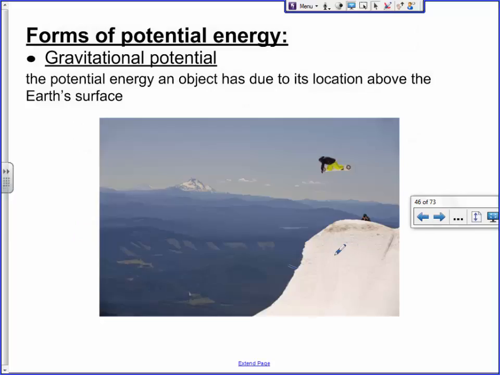Here are the main forms of potential energy. One of the biggest ones is gravity. Right now there's a pen up in the air here. Am I doing work right now? Nope, but I did work to get it here, right? Because the pen was not here to begin with. I had to lift it up, right? It now has the capacity to fall, just due to gravity. So anything that has the ability to fall has gravitational potential energy.